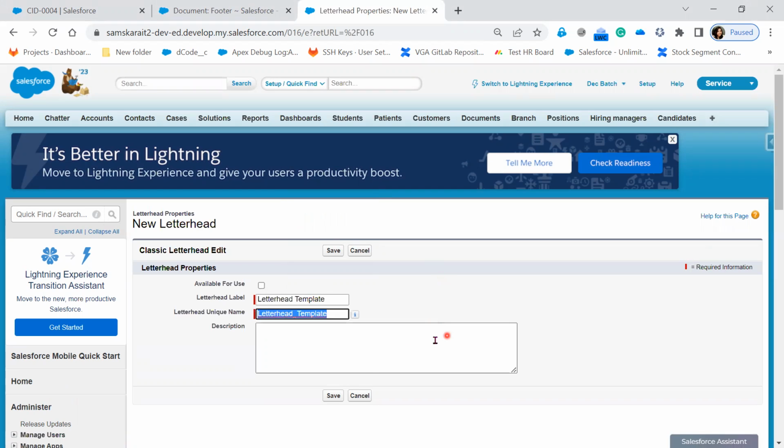Letterhead template. Now, if you want to add a description, you can add it. Now, this is available for use. So three options are mandatory: available for use, letterhead label, and the unique name. In case you uncheck this, wherever you are calling this letterhead, it is not possible to call this